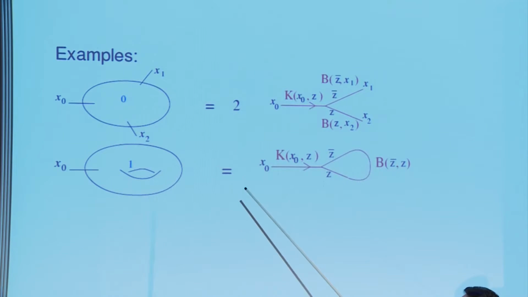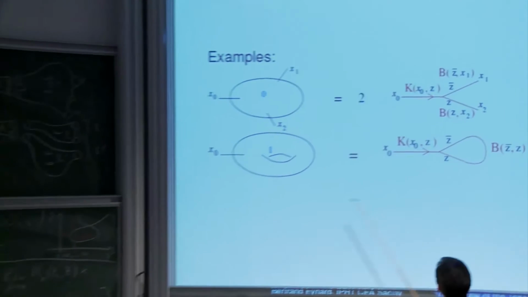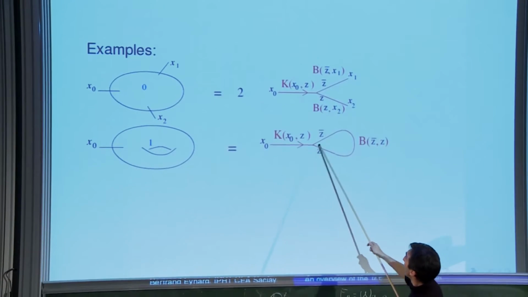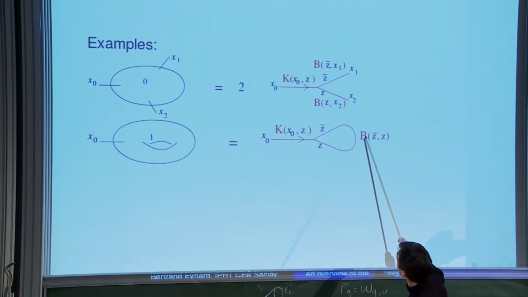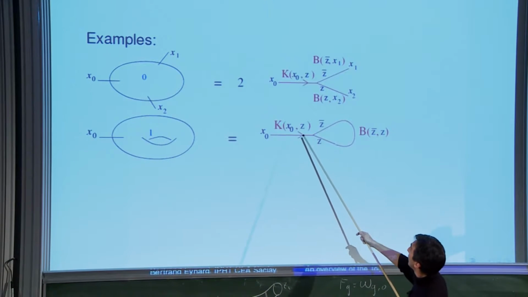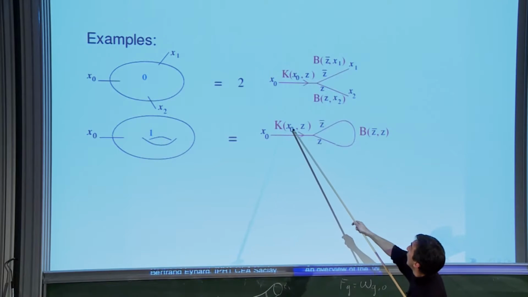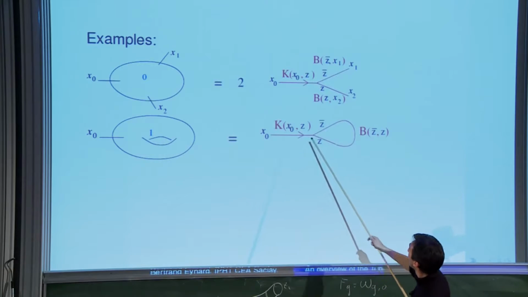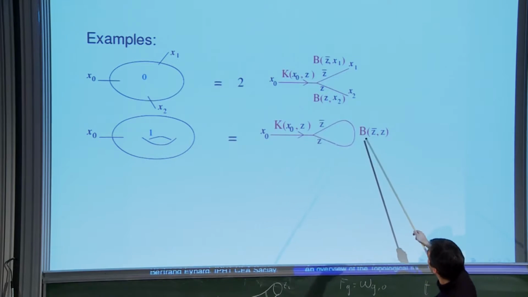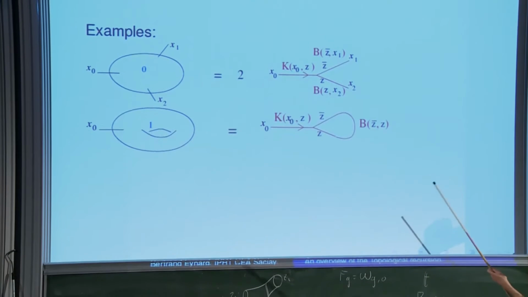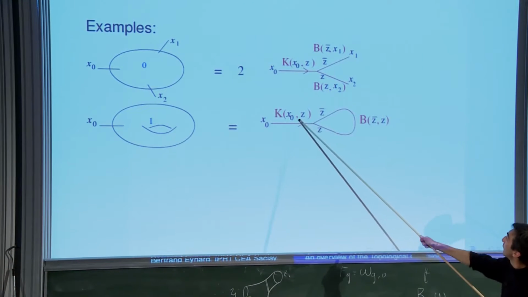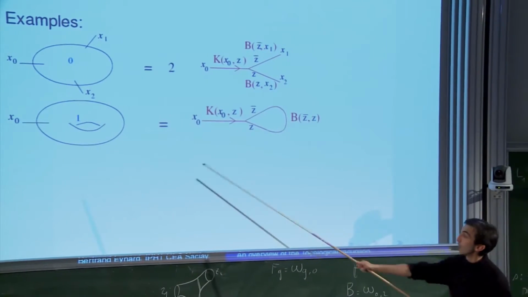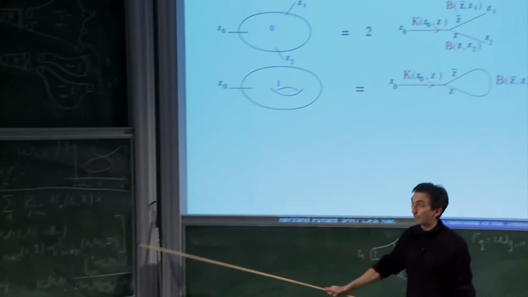What this recursion means is exactly this picture. You take a K, and you glue it to an omega 0,2. Here again, you take the product of weights associated to edges. This arrowed edge corresponds to K, and this non-arrowed edge corresponds to omega 0,2. Take this product and integrate at the vertex, and that gives omega 1,1. This is just a rewriting of that equation.